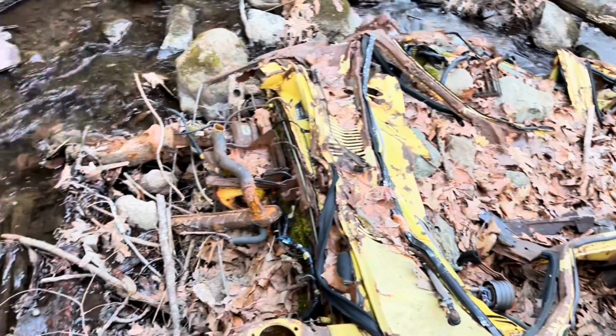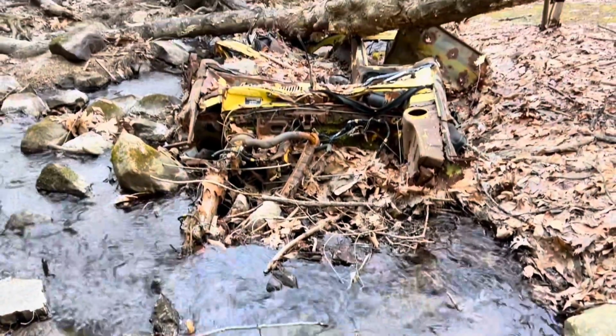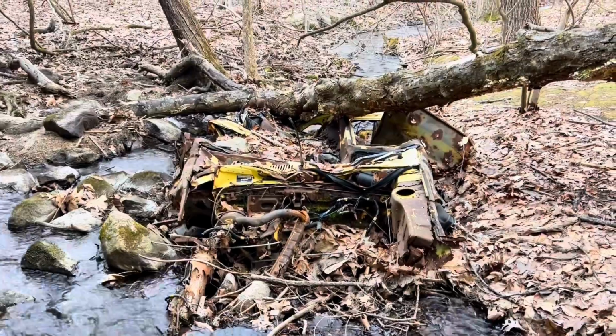Literally just a stream of water running right through it. A stream that was never meant to go through this wall in the first place. Although a lot of this thing is still intact,